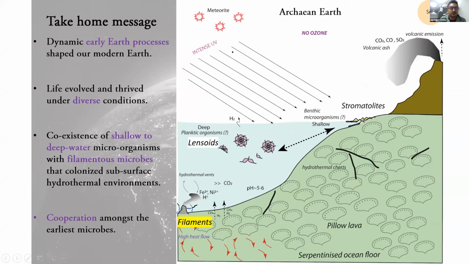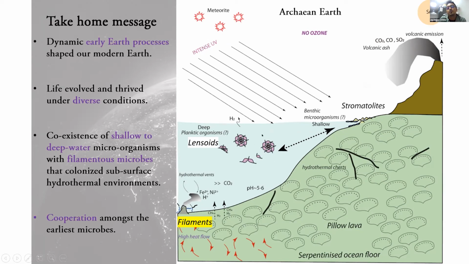So the early Earth, as I've mentioned earlier, was bombarded by meteorite showers. There were high intense UV radiations, with no ozone, and immense volcanic eruptions with volcanic gases. But there was life, and life was pretty much abundant, as we know from today's presentation, in the form of stromatolites, which did occupy the shallower part of our oceans, probably because of the benthic nature.